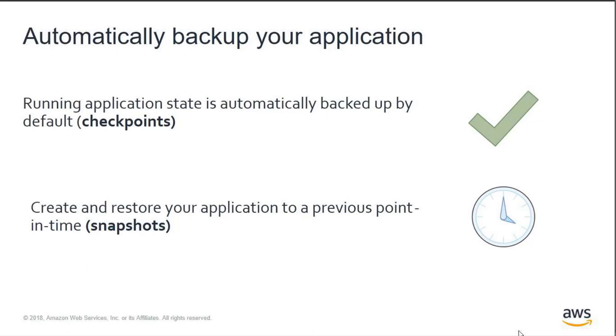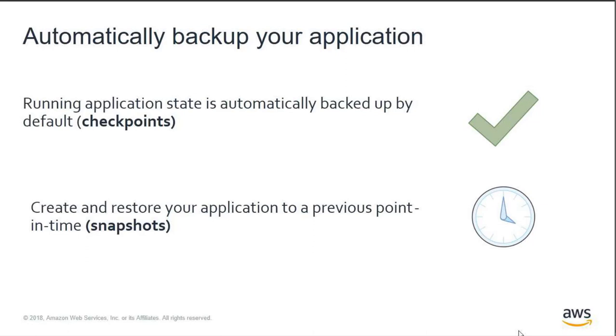Alternatively, Flink has a mechanism called savepoint that we expose as a snapshot, similar to what you would think of as an EBS snapshot, in that it is a point-in-time recovery point for your application. You can create these at any time. Amazon Kinesis Data Analytics also automatically creates these when you update your application. So if you update your code and later find a bug, several hours or even days later, you can roll your application back to the previous point in time with the exact same state as when you took the snapshot.